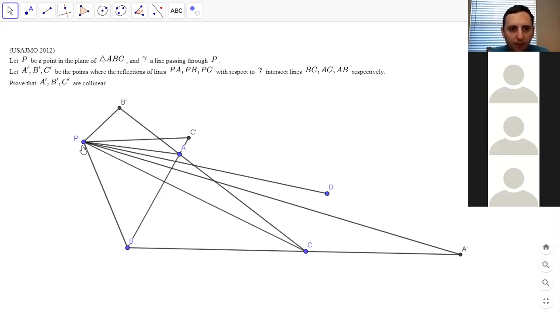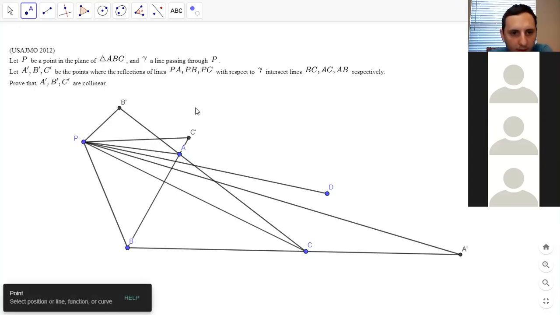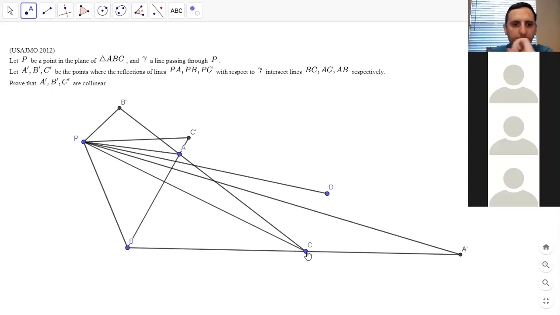So if we look at PB prime, PA, PA prime, and PB, if those are isogonal, then let me see how this works. Then if we let C be this point,